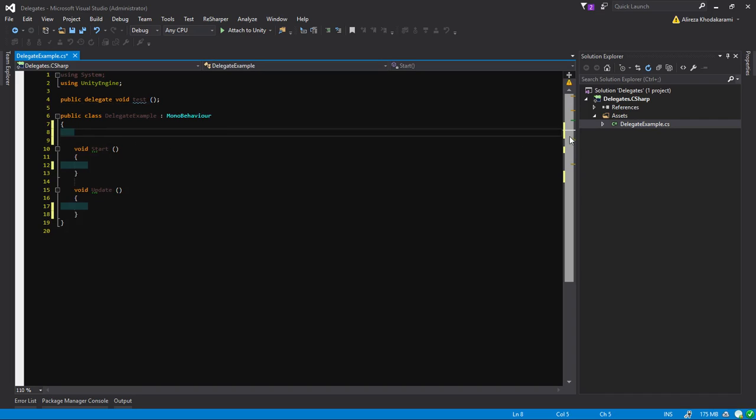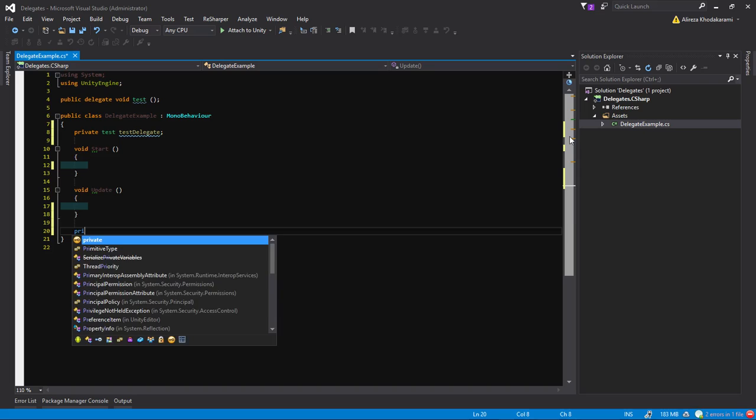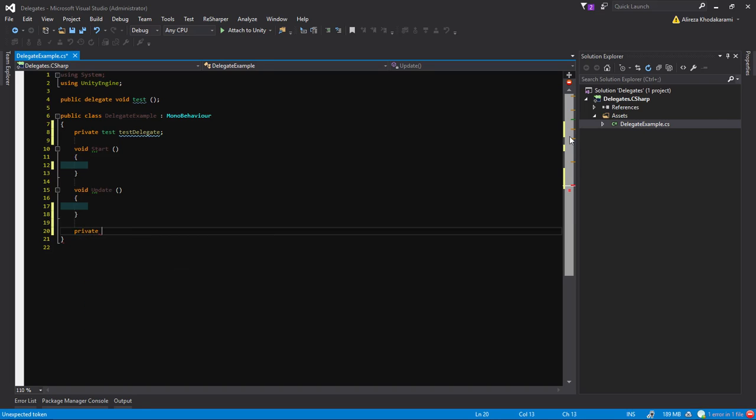So I can say private test delegate, that is our delegate. Okay, and now I need a method. For example, I can have a private void